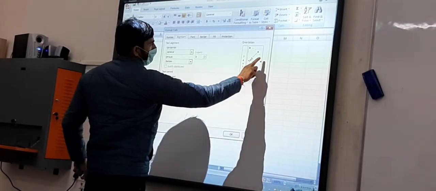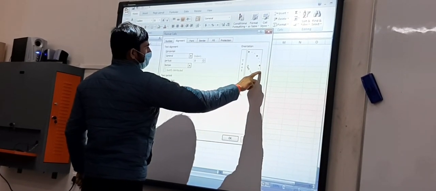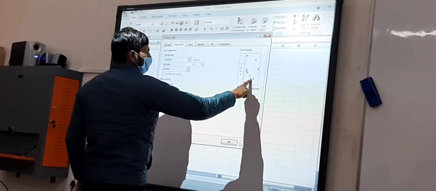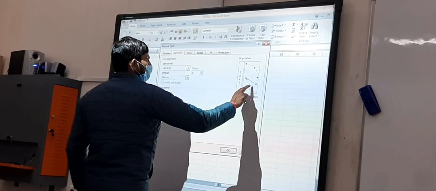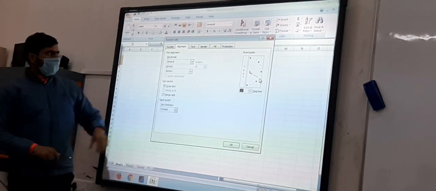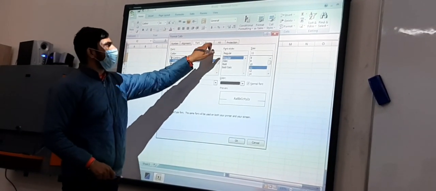Here is the text option. You can change the direction of the text according to you.